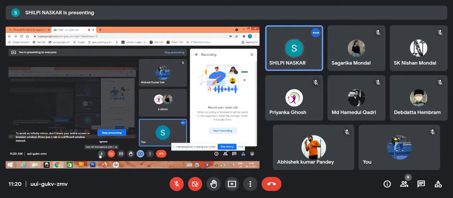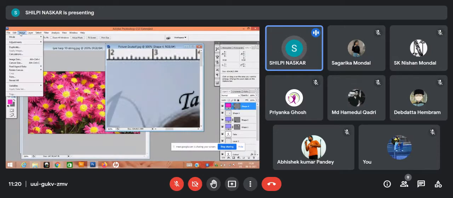Okay, sorry. So now we'll be learning about different color modes. The first color mode, all of us know, for electronic displays, is RGB. RGB is an additive color mode, whereby if you add the parameters of it, you will get different colors. That's why it is called an additive color mode.